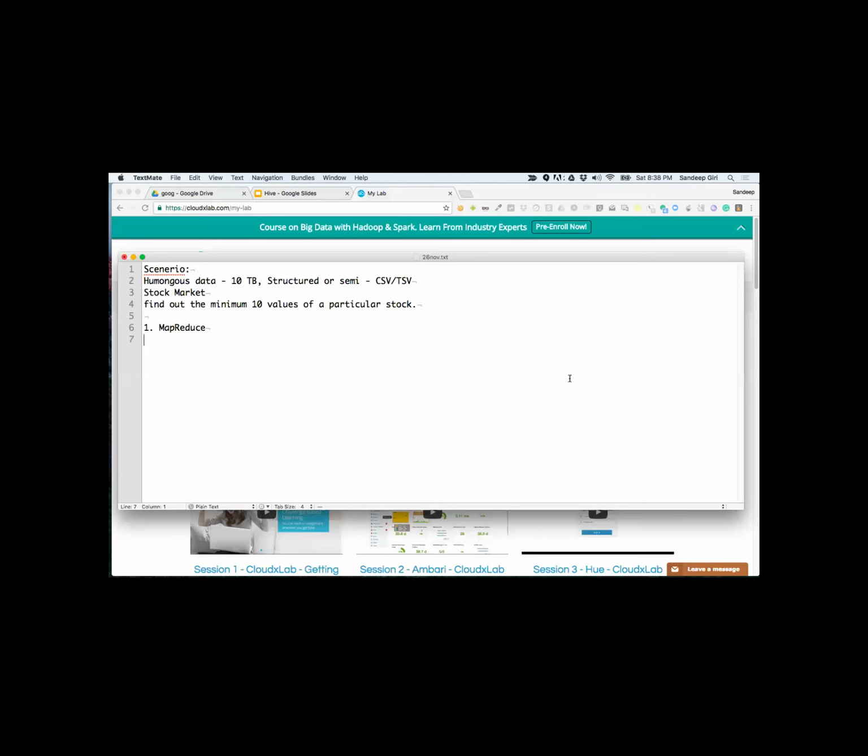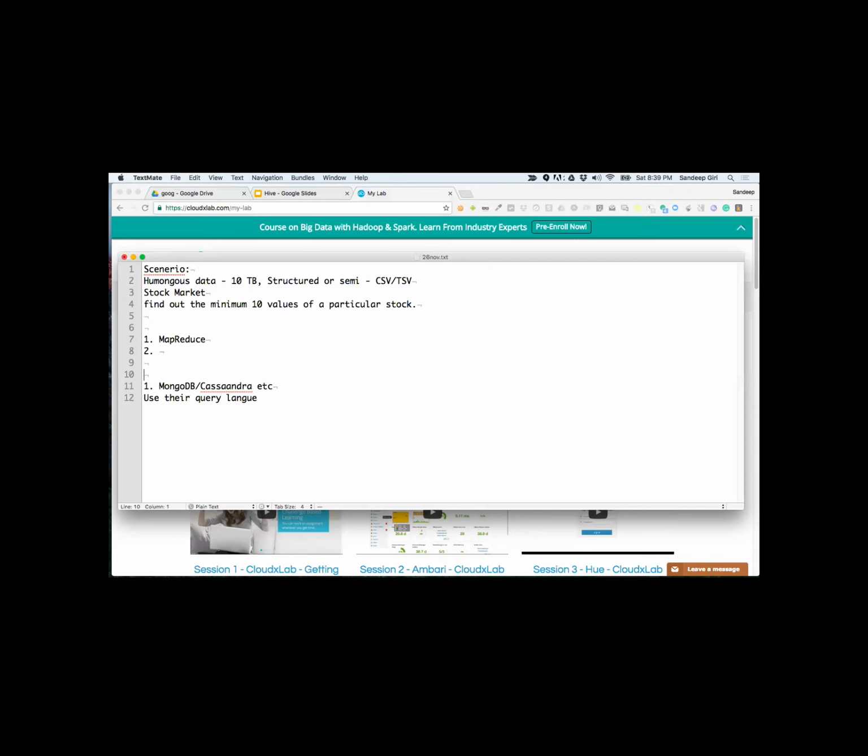Yes, first one I think is MapReduce. Second, you could also put it in, say, MongoDB. I'm trying to see what all is possible. You will upload it into MongoDB, Cassandra, etc., and then use their query language.